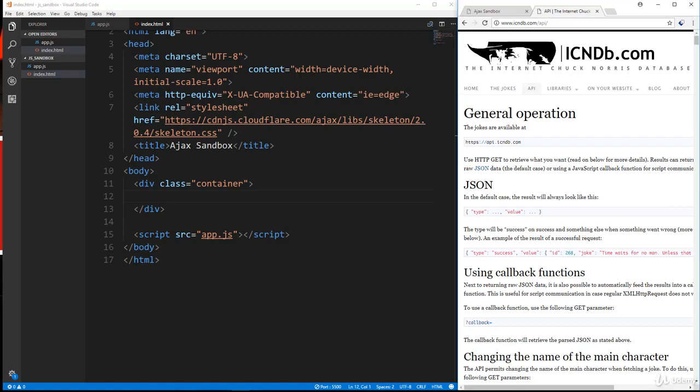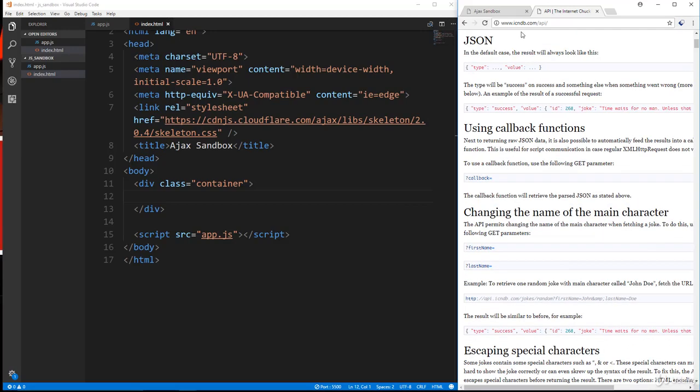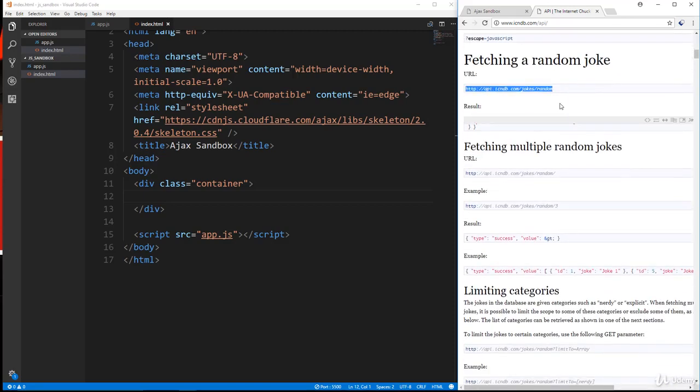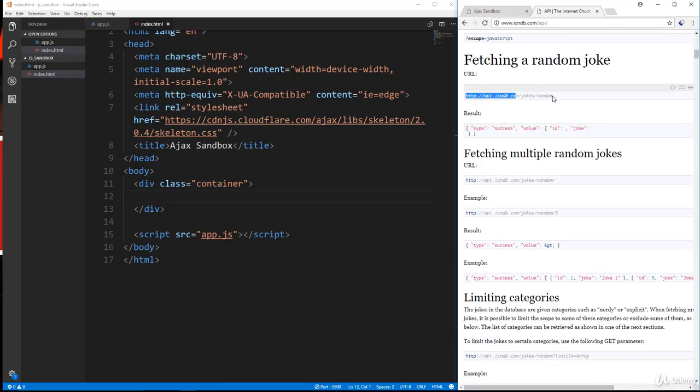I'm going to talk more about APIs and REST APIs in the next video, but basically every API is different. Okay, so how it takes requests, how it responds, it's all different, and they all have their own documentation, if you're working with something external that's not your own. So if we go down here, this is actually icndb.com/API, and you can see we can fetch a random joke, for example, by saying